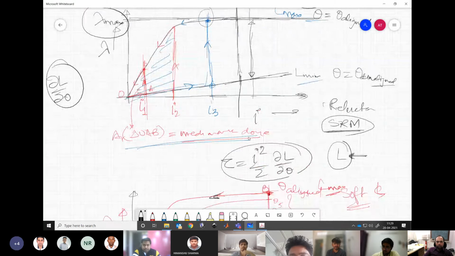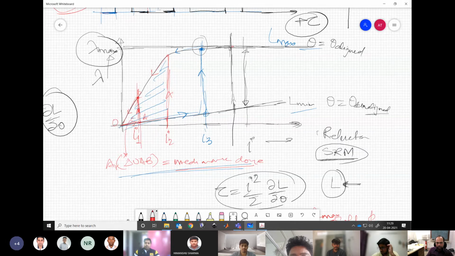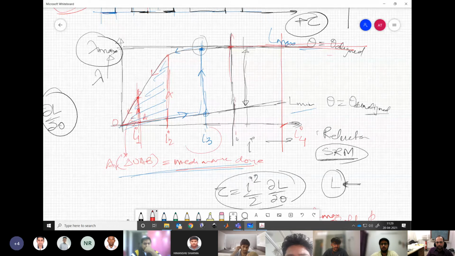Now, the problem is, okay, let us assume that you have saturated it, but everywhere it is saturated, right? Further, at any other point, why not operate here? Why stop at the saturation limit? Why not go further? What problems do you see if I operate at I4 instead of I3? Or let's say here something at I5. What is the problem with this point? What do you feel?